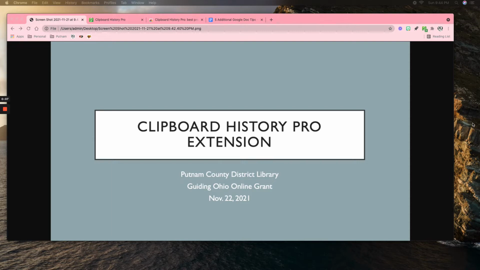This week we are going to take a look at another Google Chrome extension. This week we're going to take a look at the Clipboard History Pro extension. Now this extension, like it says, has a pro version. I'm just going to show you a couple very basic things with the actual extension that do not involve using the pro part of this extension. That way there's no cost involved if you just use some of the basic